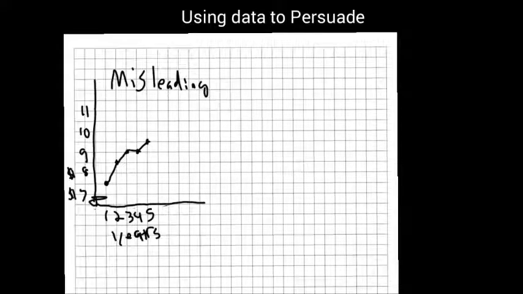Anytime you have a break in your graph, it'll be misleading. And what that does is make your change look greater than it really is. So if I was to redraw this graph without that break,